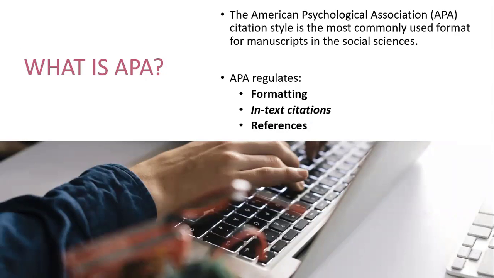From its most simplest perspective, the way that you always want to think about it is APA is a tool that helps us to format, to reference, to cite all of our work. APA is basically a citation style that's one of the most commonly used formats for manuscripts in the social sciences. This is a format that's used in many